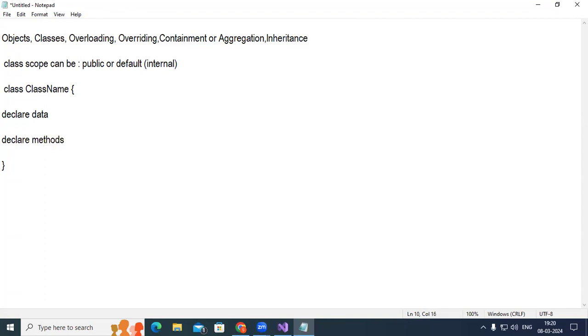Okay, roughly I'm writing it. You cannot use anything like declare data, declare methods. Okay, so you need to declare data and you need to declare the methods. Methods can be acting on the given data. Okay, similarly, here declare